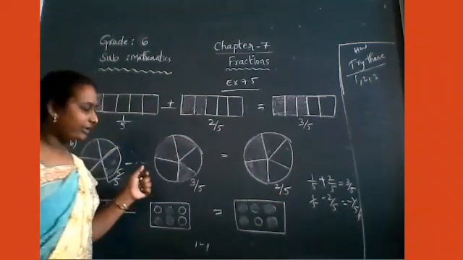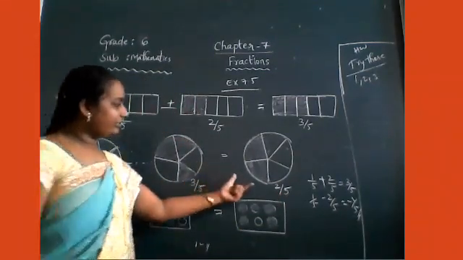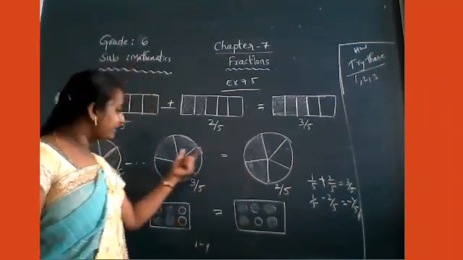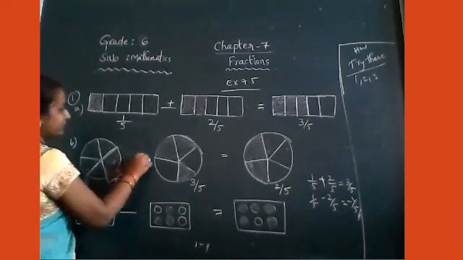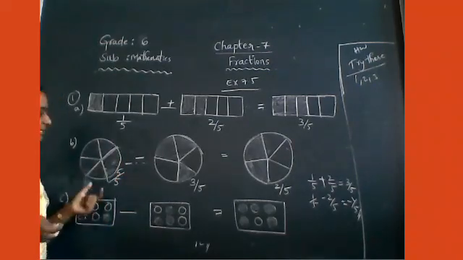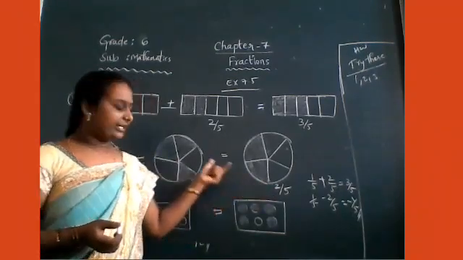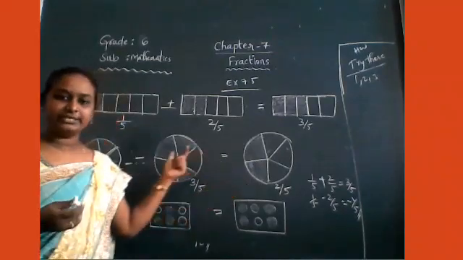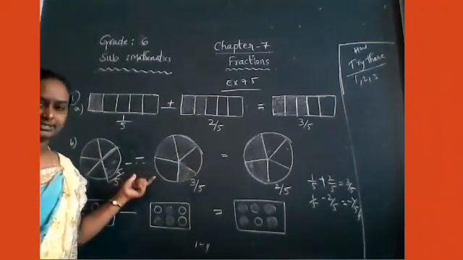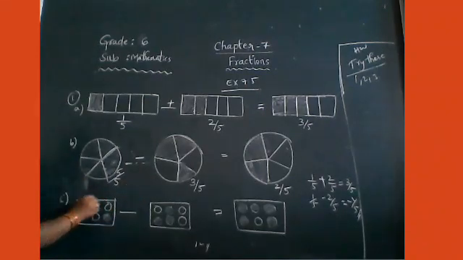5 by 5 minus 3 by 5 is equal to here 2 by 5. So which sign do we have to take? 5 by 5, 3 by 5. Then you will get 2 by 5. Here do we have to take plus or minus? Minus. If you take minus, 5 minus 3, it will give 2. If you take plus, it will give 8. So here we have to take the minus sign. Is it right? Okay.